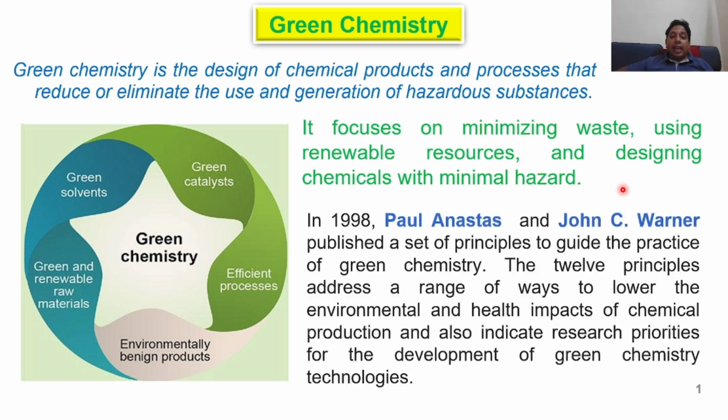In the year 1998, Paul Anastas and John C. Warner published a set of principles to guide the practice of green chemistry. There are 12 principles which address a range of ways to lower the environmental and health impacts of chemical production and also indicate research priorities for the development of green chemistry technologies. So there are 12 principles listed here: